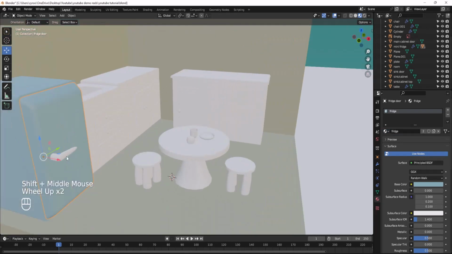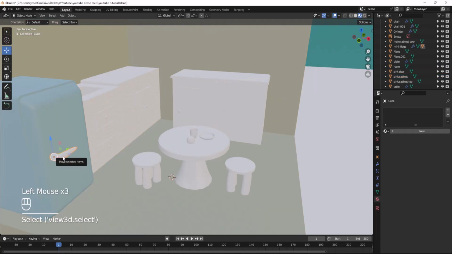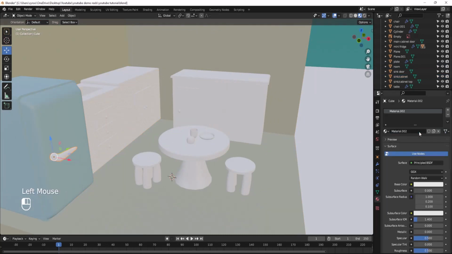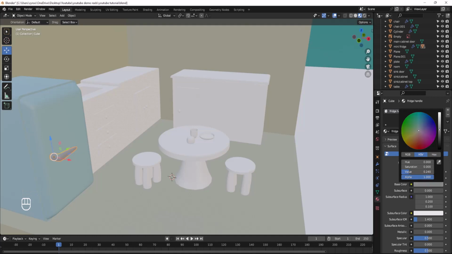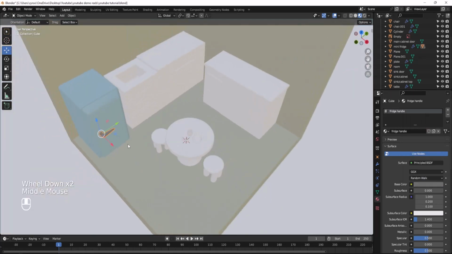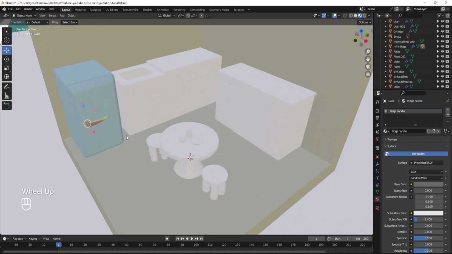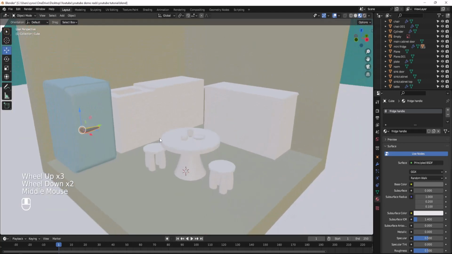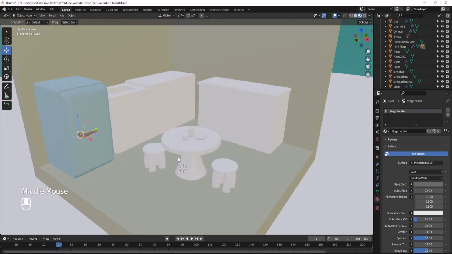Then I will also select the handle. I'll create a new material for the handle. We'll call it fridge handle, like so. Then I'll make it something dark, like so. Okay, coming down to,